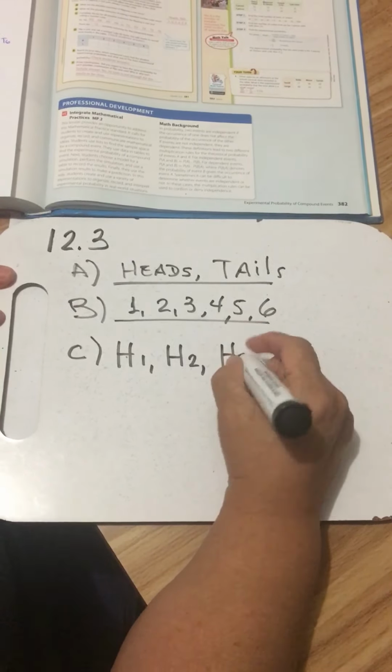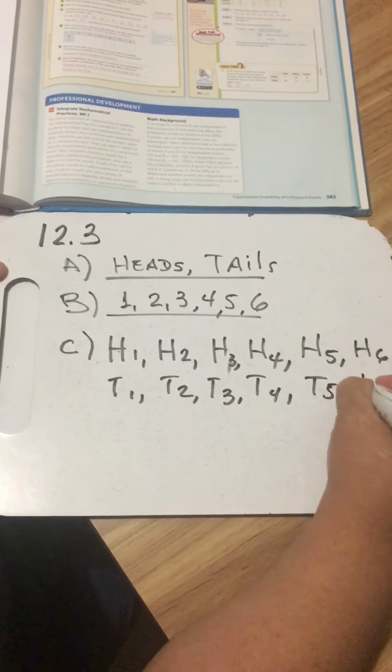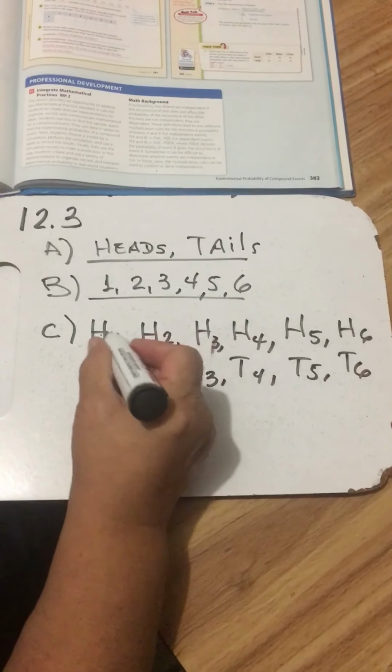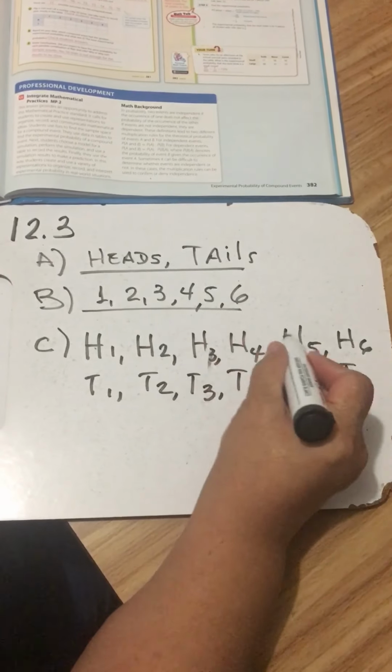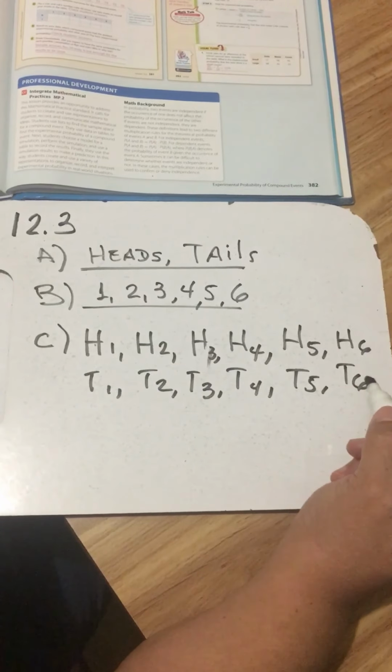Now tail and obtain 1, tail and 2, tail and 3, tail and 4, tail and 5, and tail and 6. Okay, there are, if you check, 1, 2, 3, 4, 5, 6, 7, 8, 9, 10, 11, 12 possible